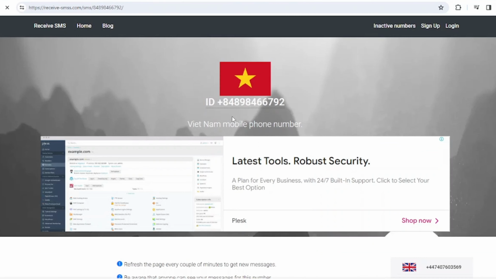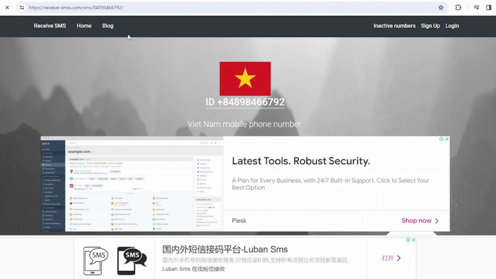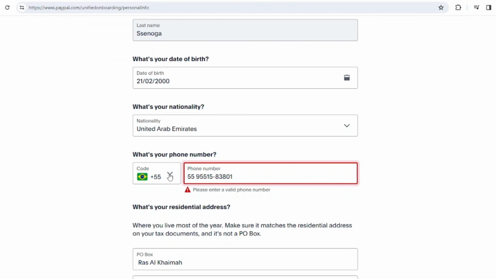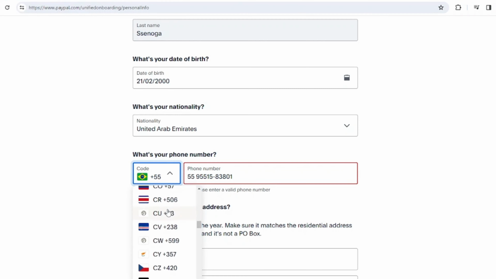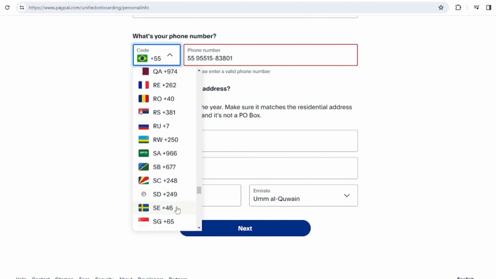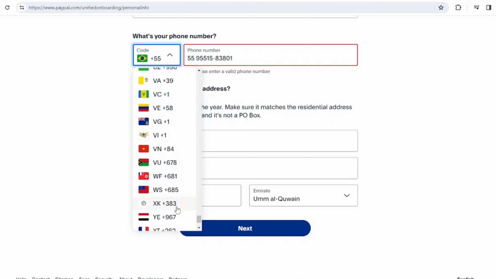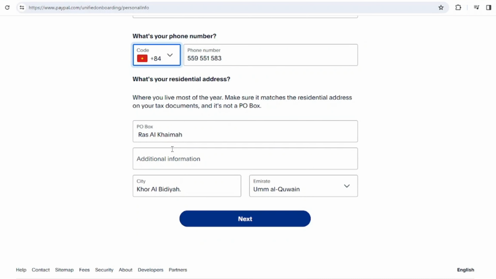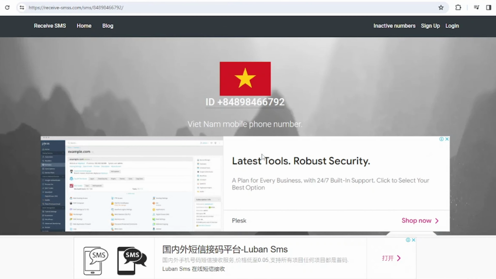Okay, so when we go to Vietnam, try to change the country code. So this one is a little bit very fast, so let us be a little bit patient as I look through. I'm looking for +84. Yeah, it's right there. Then you click on that, and then you shall delete that phone number and then get another one. So what you are going to do, you are going to copy that one from the website, and then we go back,